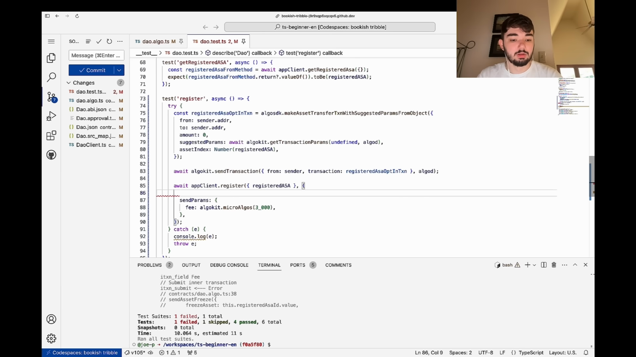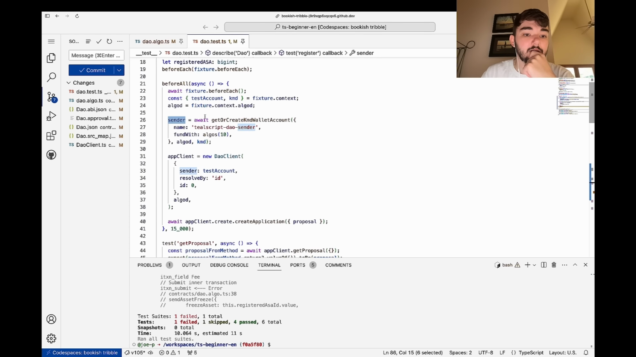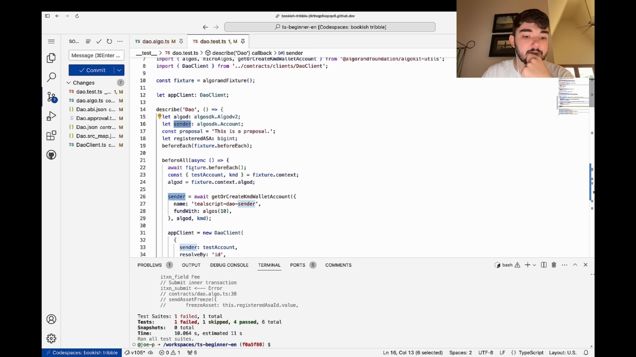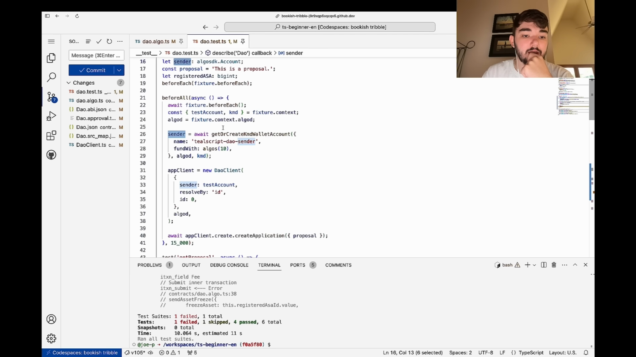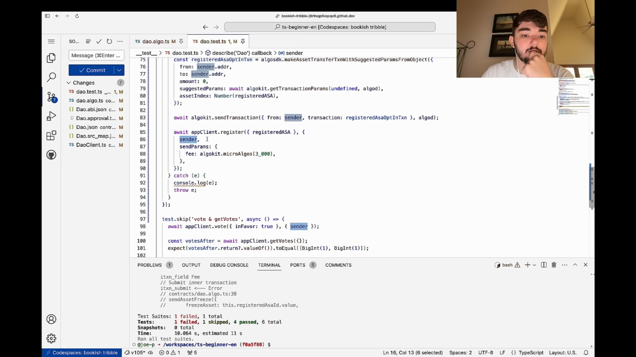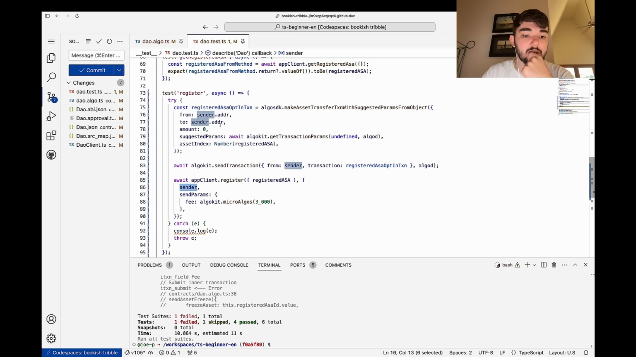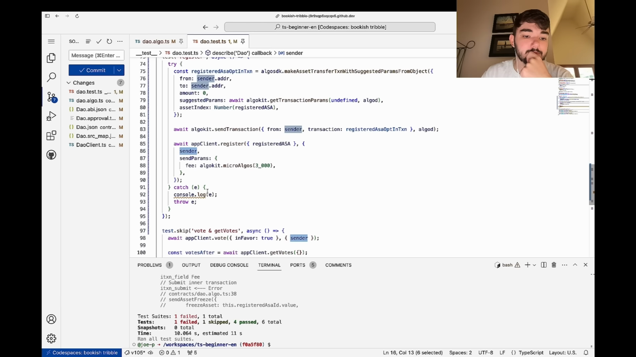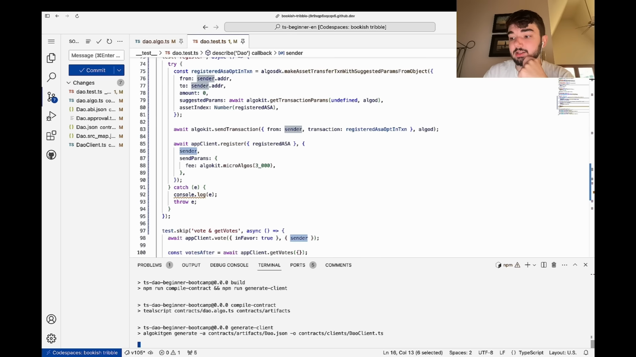One other thing I forgot to do is we're also going to say the register is coming from our sender. Just as a reminder, we have our test account that is going to actually be creating the app, and then we created our sender from our KMD. We're going to be using a separate account to actually register. So now if we go ahead and run this test,